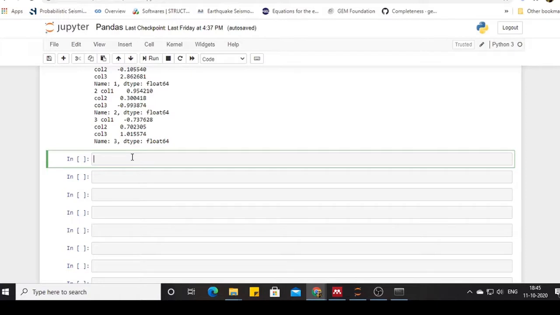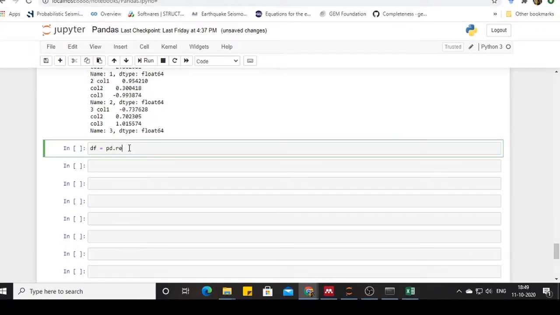Now, having learned how to create an empty pandas series or empty data frame, or create a data frame from series, or create a series from an array or a dictionary or a list and so on, and how to manipulate a data frame as well, let us try to understand one of the interesting applications of pandas, that is to read a file externally. I will go with pd.read_excel, and